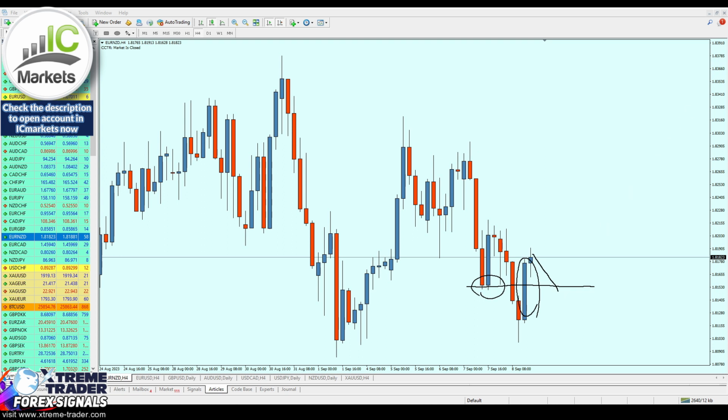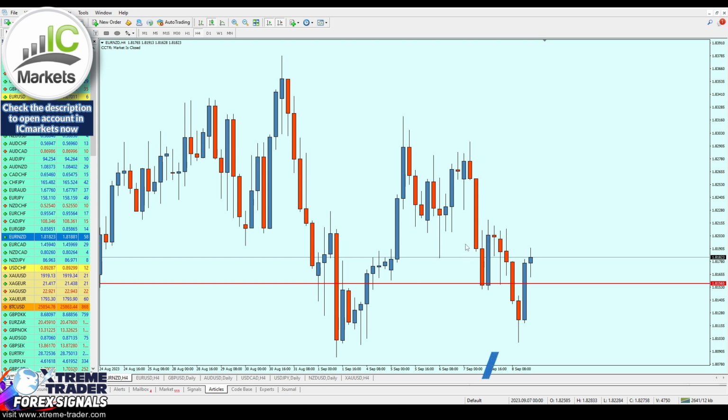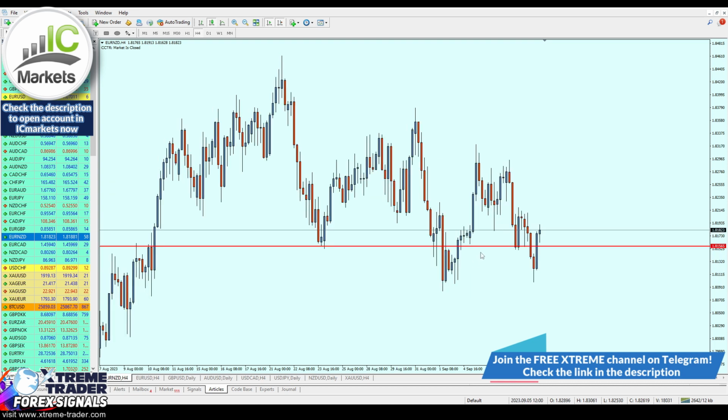Now we need to confirm if this level was really strong, so let's just highlight it right here. And let's now scroll to the left and see how the market reacted to that level. I think my keyboard is stuck, guys. I need to fix it. Oh boy, 1 second. So let's now scroll to the left and find how the market reacted to that